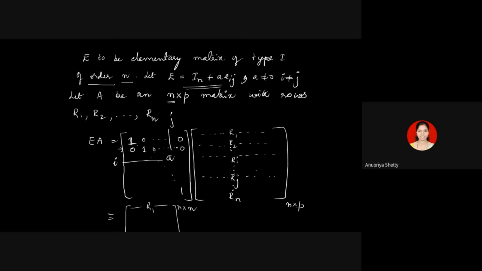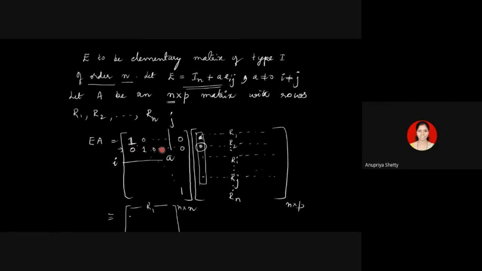Now if I multiply this row with the first column, what will happen? 0 into the first entry of the first column, 1 into the second entry, 0 with the third entry, and you have to add them, right? 0 into this entry plus 1 into this entry plus 0 into the next entry and so on. So what I get is this entry here in the second row's first position.